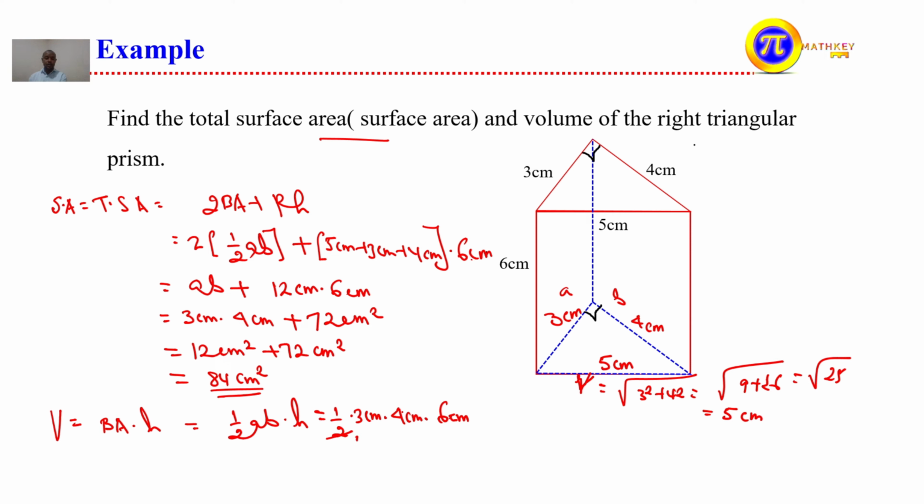This is by 1 and this is by 2. 3 times 2 is 6. 6 times 6 is what? That is 36. This is 36 cubic centimeter or centimeter cube. So this amount of